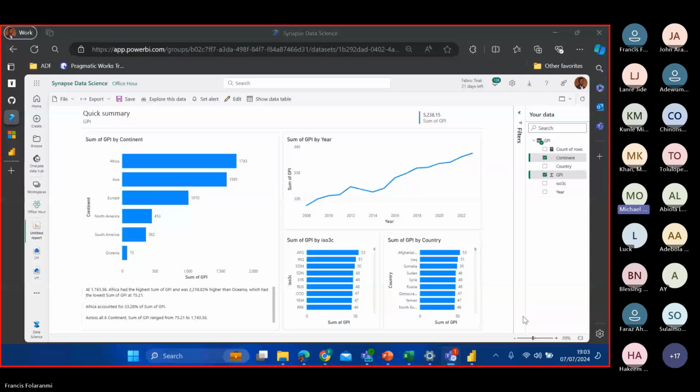Tolu said yes. Can you see his Power BI report? A lot of people are saying it's mixed. Okay, now I don't know which one. I can see his report. What should we do? Let me reshare so everybody can see. It would be nice if everybody can see. Okay.